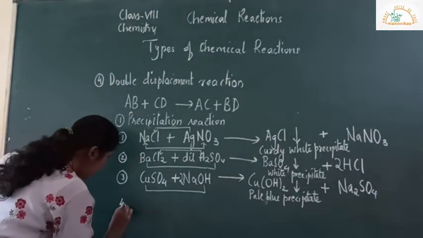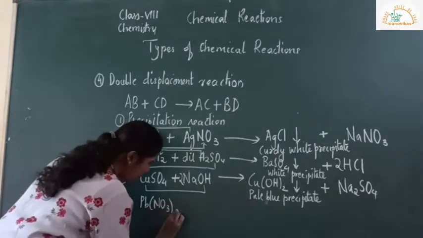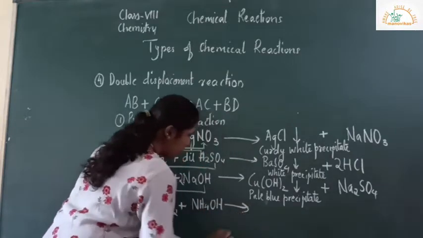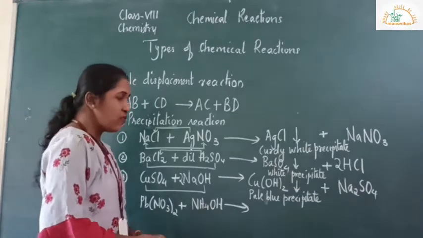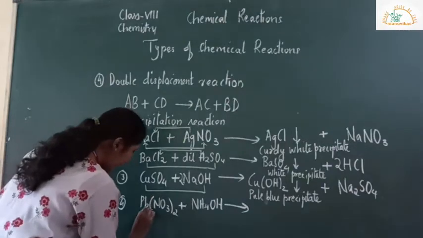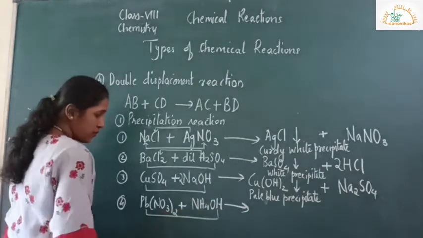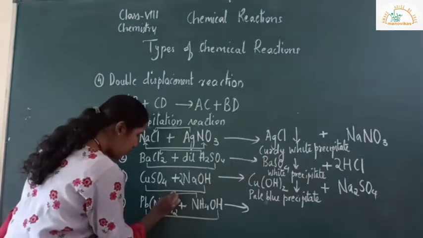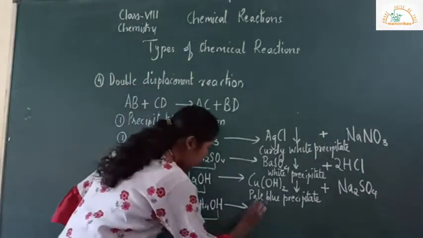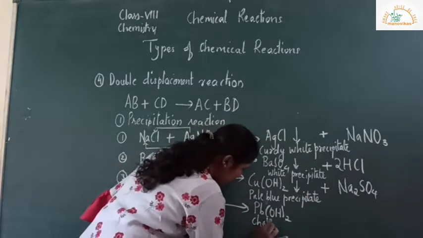Let's take the fourth example. We have lead nitrate combines with ammonium hydroxide. There will be the exchange of ions wherein we will get one precipitate and one soluble salt. So here this lead will combine with the hydroxide and the ammonium ion from ammonium hydroxide will combine with the nitrate of lead nitrate. So what I will get is Pb(OH)2, that is lead hydroxide. So this is the chalky white precipitate